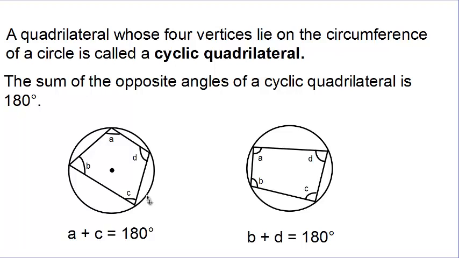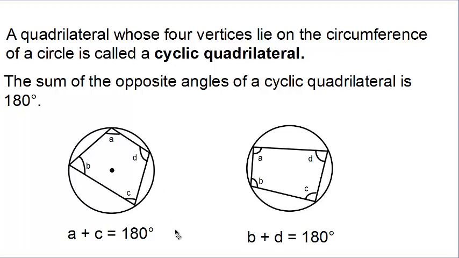So what does it mean? Here we have our circle, and inside it we have a four-sided shape, a quadrilateral, and all of the vertices, each of the corners, is touching a point on the circumference of our circle. So any quadrilateral that is inscribed within a circle and touches 4 points of the circumference is called a cyclic